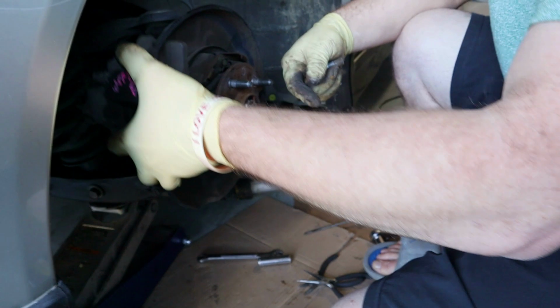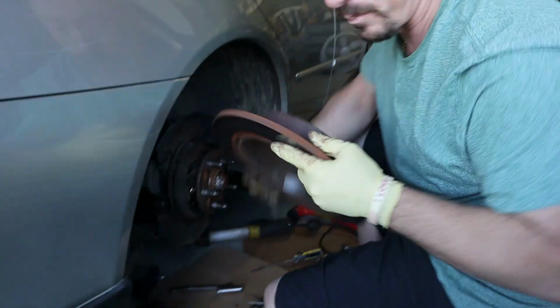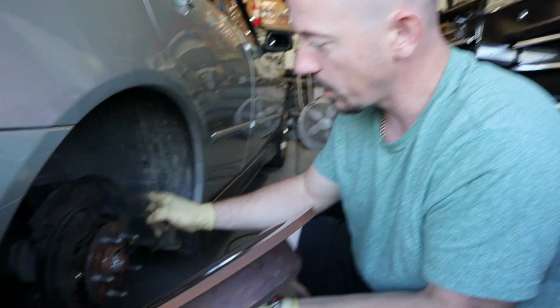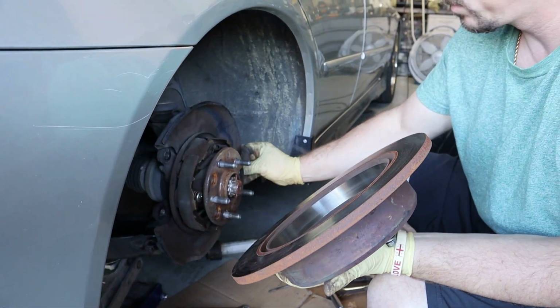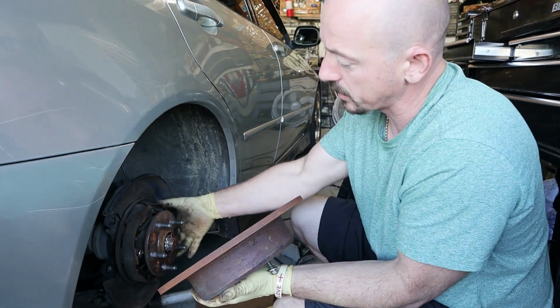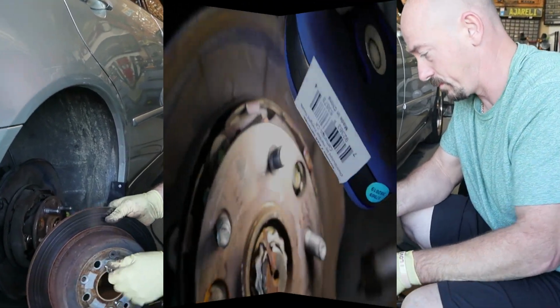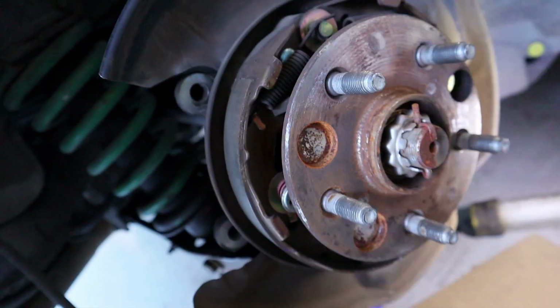So well, actually I have to put the rotor on. That's why I couldn't take the rotor off. It kept getting stuck because these brake shoes, or the e-brake shoes, weren't fastened where they're supposed to be. So when I was taking the rotor off, it kept coming out with the brake shoes. So you put the bolts in and it pushes against this here on both sides,